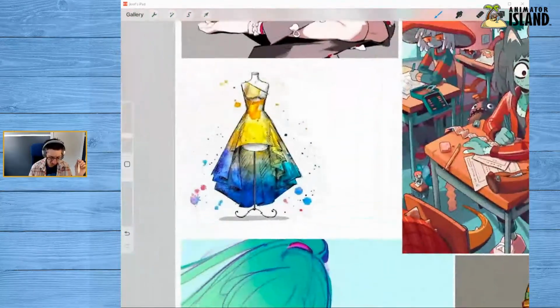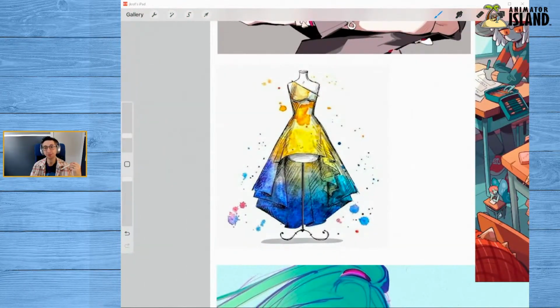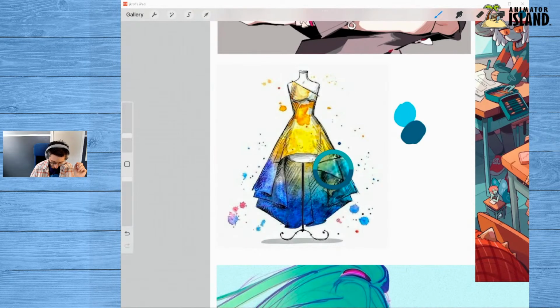Okay, so regarding the dress here, I don't think my default style will be more of this watercolory texture, but I do like it, so I'd like to experiment with it at some point over the course of my explorations. But I'm drawn to it, I think, because it allows the colors to blend so nicely together and play with one another. Look at this beautiful aquamarine that's kind of happening over here, right? There are just all these different blends and different colors, and it's lovely to see them all.